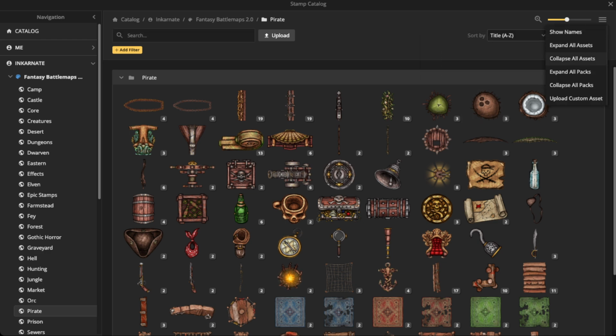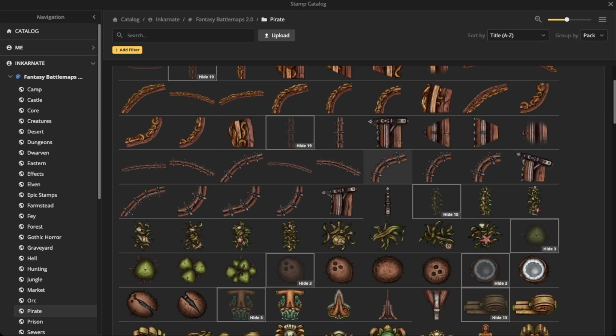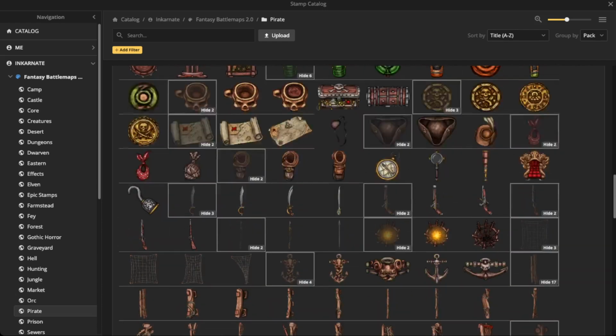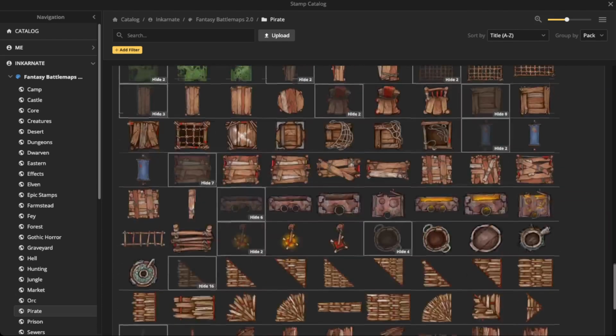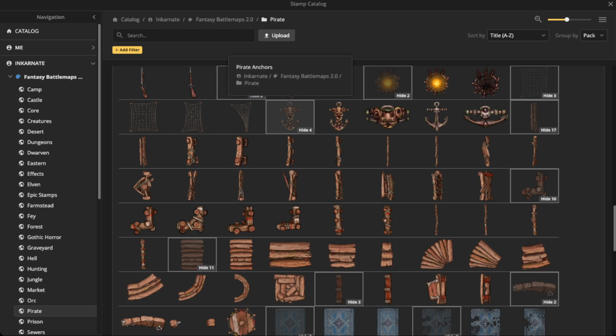So let's collapse all or expand all assets so that I can see what I'm working with. You can do it. Doesn't look like it wants to. There we go. Expand all assets. There we go. So now you can look at all the assets here that we have for pirate. There's quite a few. And now when it comes to decorating the legend, I kind of have the same approach